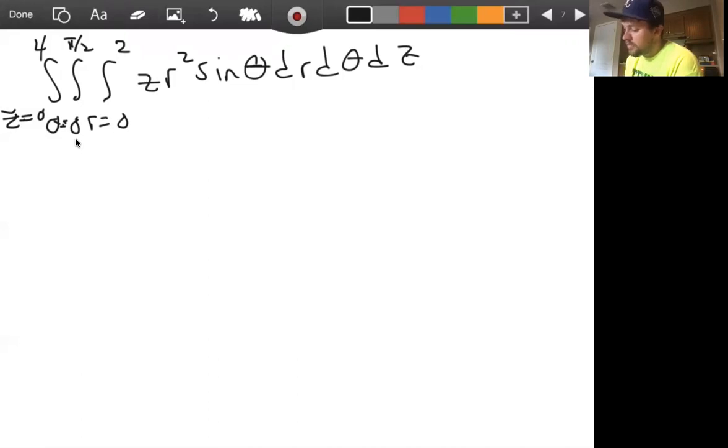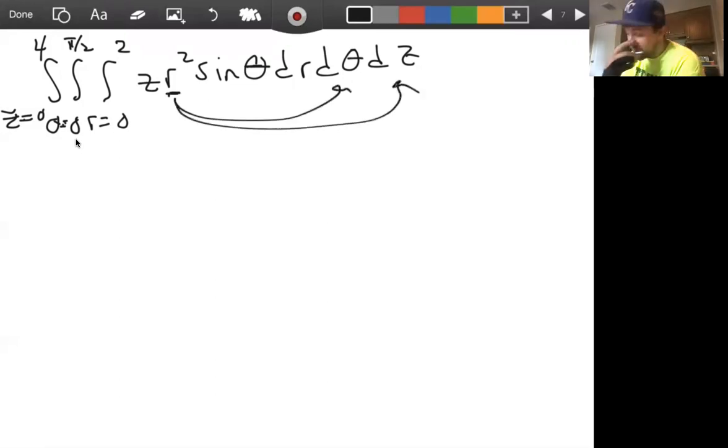So r is constant with respect to both theta and z, right? And z is constant with respect to both r and theta, and theta is constant with respect to r and z. And so because of that, we can express this integral